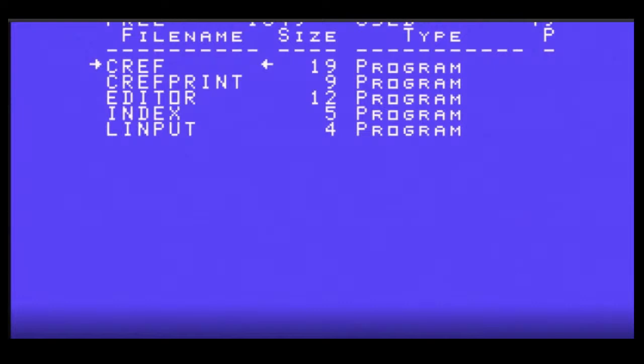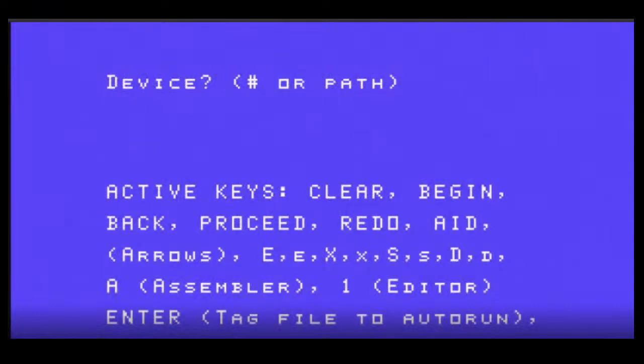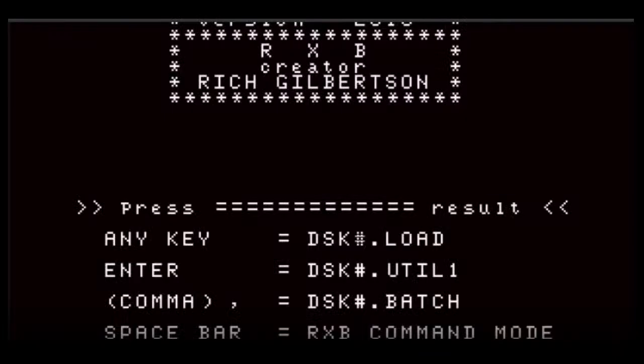Okay. See reference, print, editor, index, linput. All right. So in the teacher's self basic and extended basic, move the disk.